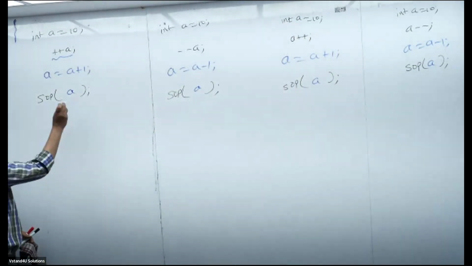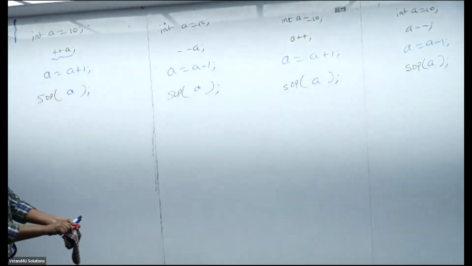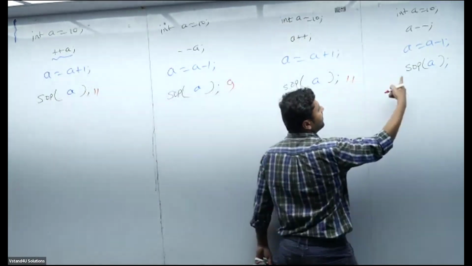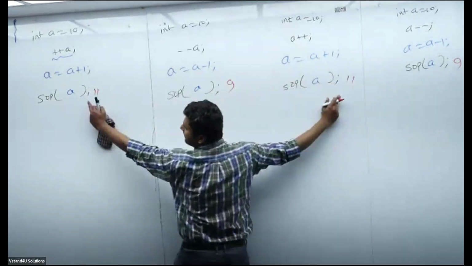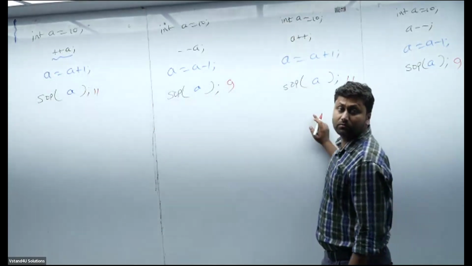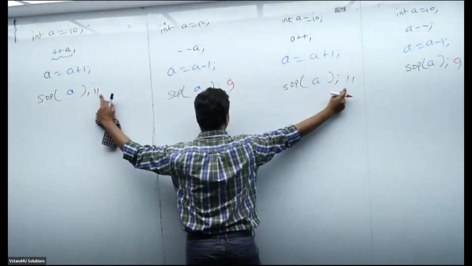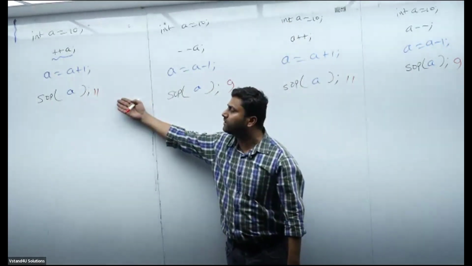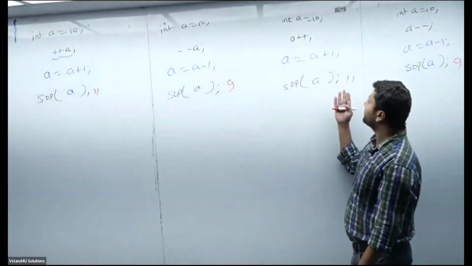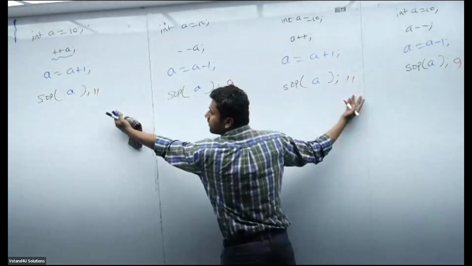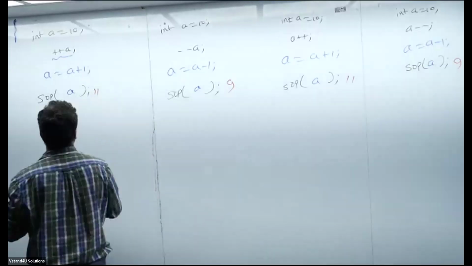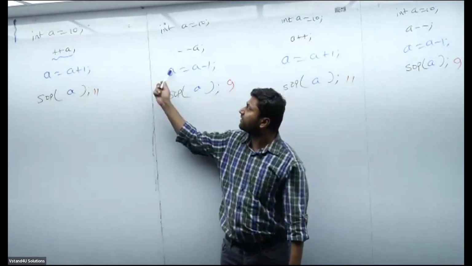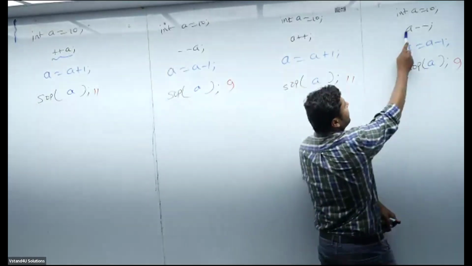Okay, sir. In this case, the value is 11, sir. How about here? Sir, if you observe, both the places the increments are giving what value? And the decrements are giving what values? Then what is the difference between pre-increment and post-increment? Both are giving what value? Pre-increment 11. Am I right? Post-increment 11. Agree? Pre-decrement giving what value? 9. Post-decrement giving what value?